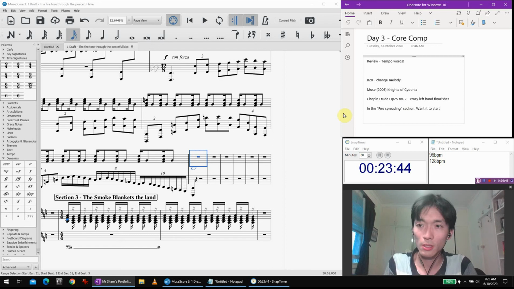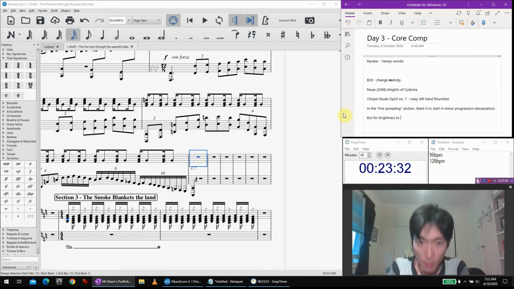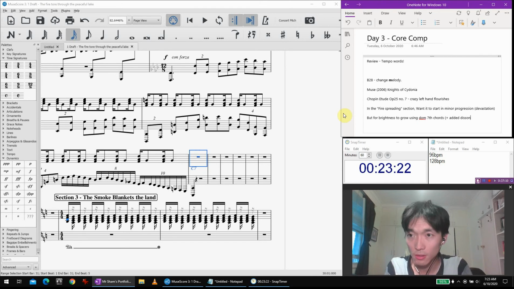Want it to start in minor. Progression, devastation, but for brightness to grow using Dom 7th chords plus added dissonances.